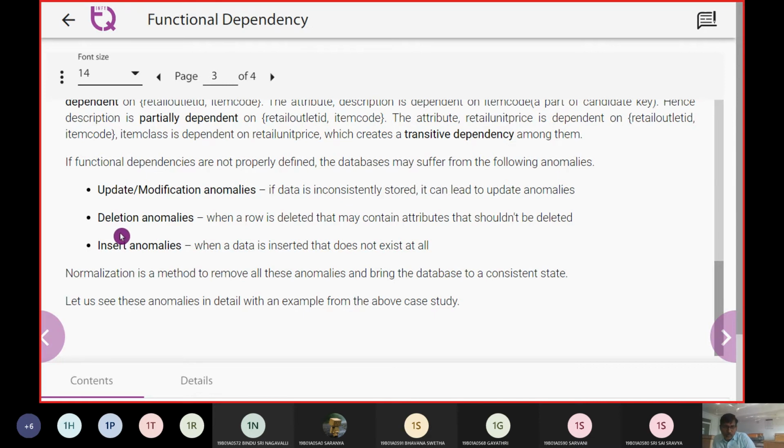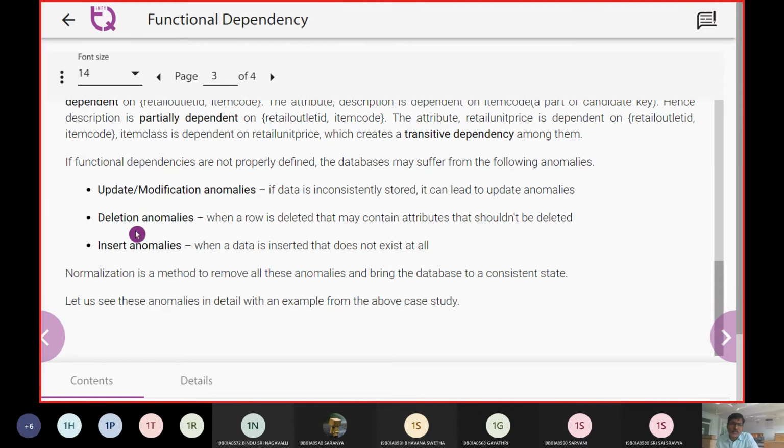And the second thing is the delete anomaly. In this delete anomaly, when a row is deleted, the useful items or columns that depend on it shouldn't be deleted. Because there are interdependencies, if an item is deleted, the interdependent item should not be deleted.